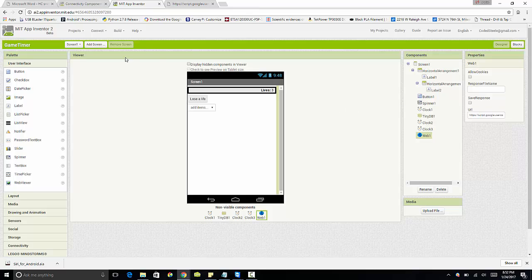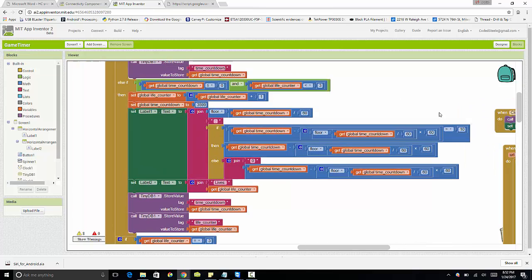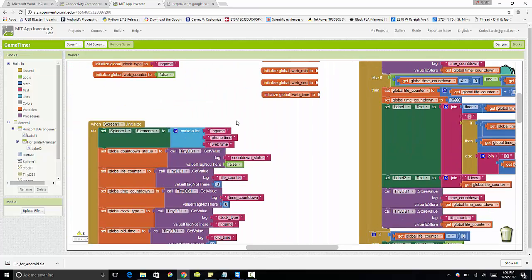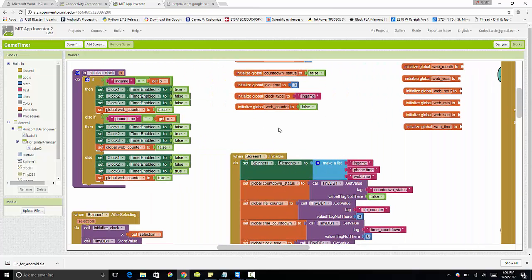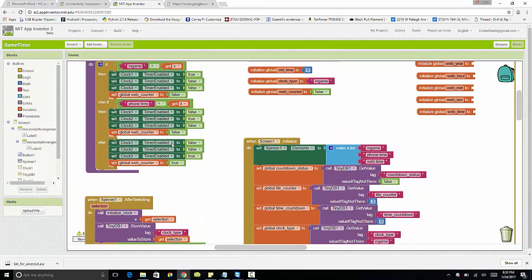But if we go back here, there's something specific we have to do to query that web server like that. So similar to what we did before, when the screen initializes, we read the timer and all that stuff. If we start out on web time, obviously on our initialized clock block, which gets called down here with the clock type, we are going to initialize this one right here, which is the web time block. And we're going to enable the clock counter and a variable called web counter,